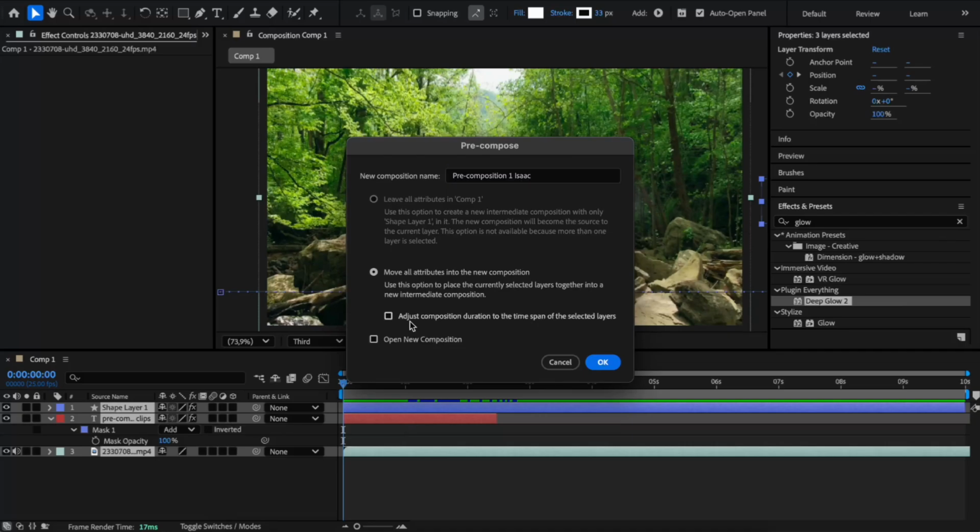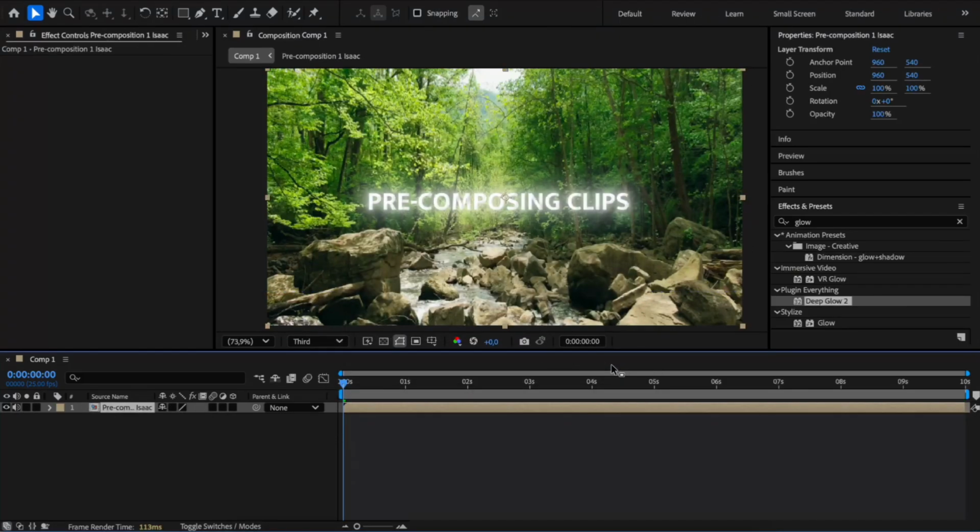Here, you have the setting to adjust the composition duration to the time span of the selected layers. I'm going to turn that on and press OK. As you can see, I have made a precomp, and because I selected the last setting, it's the same length